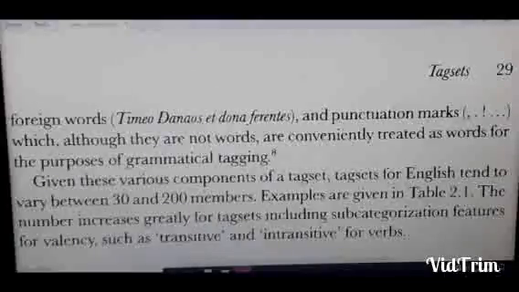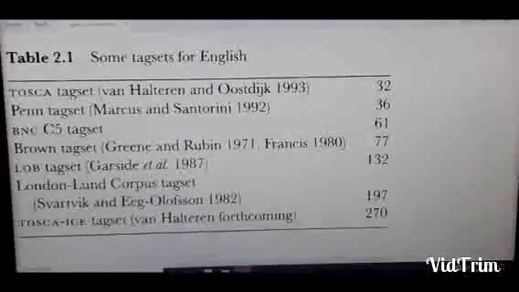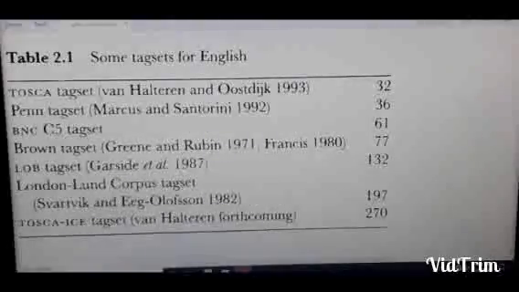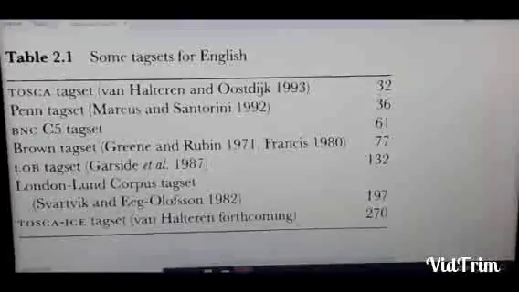Given these various components, tag sets for English tend to vary between 30 and 200 members. Examples are given in Table 2.1. The number increases greatly for tag sets including subcategorization features for valency, such as transitive and intransitive for verbs. This is Table 2.1. Some tag sets for English: Tosca tag set, Van Halteren and Oostdijk 1993, 32. Penn tag set, Marcus and Santorini 1993,